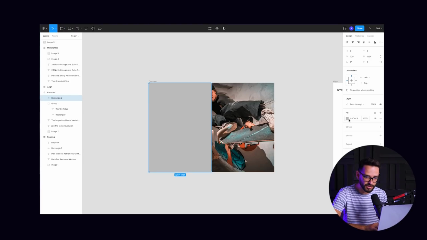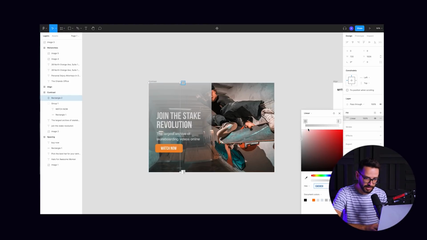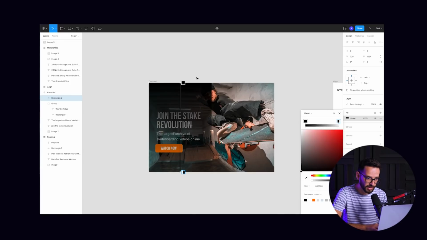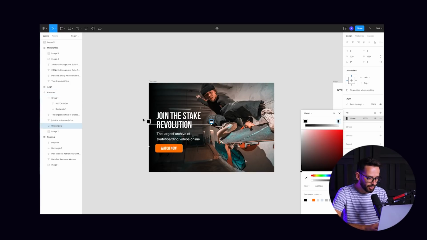So let me just turn this into a linear gradient, and let's go from black to nothing, right? But to dark nothing, right? Okay, and then we can have it from this side to this side. And we can do something like this, all right? And let's bring this to the background. And now you can see